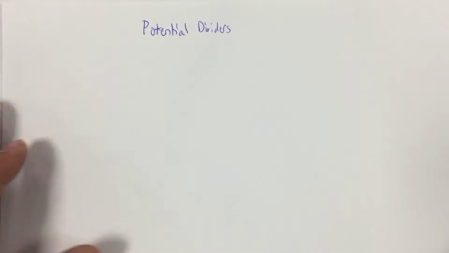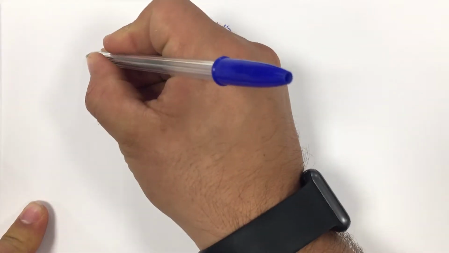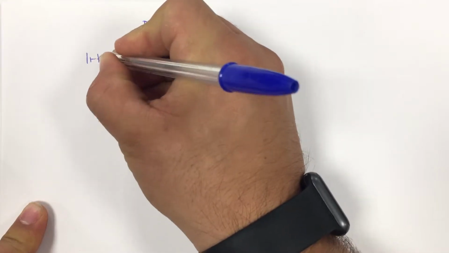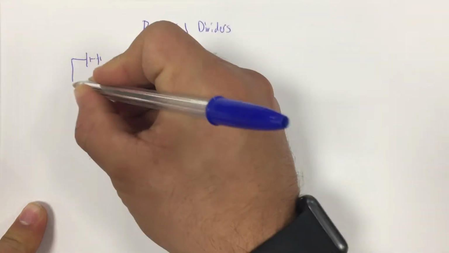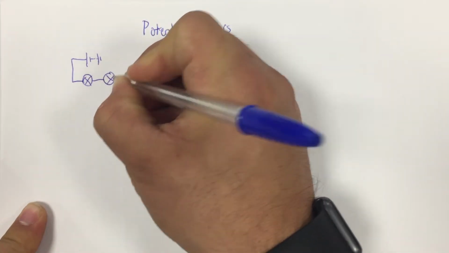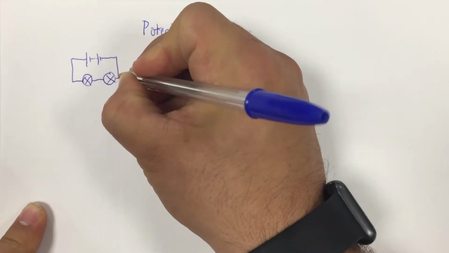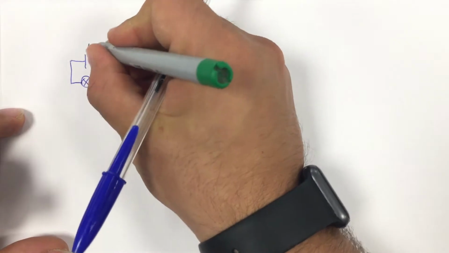This video is about potential dividers, which really is the culmination of our understanding of electric circuits. If you think about a really basic circuit that we started with at the start of electricity, we have a power supply and we have just two identical bulbs. Okay, we had this situation and we maybe said, for example, that the EMF of the power supply would be